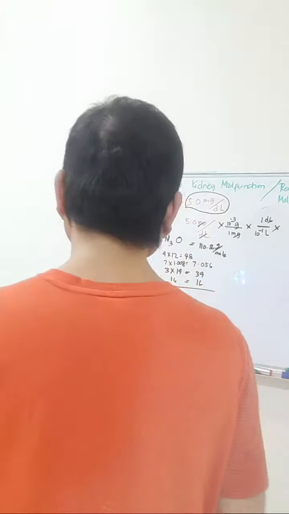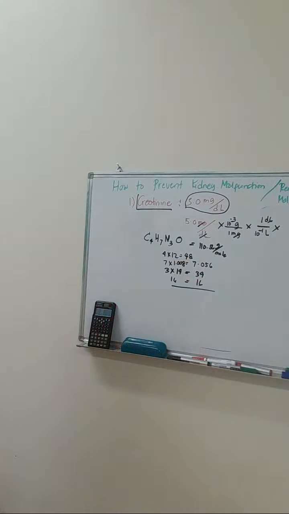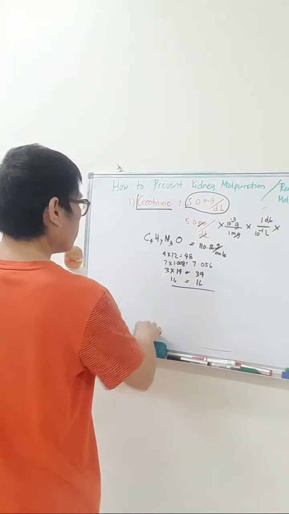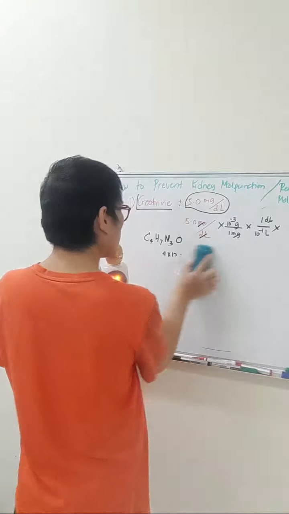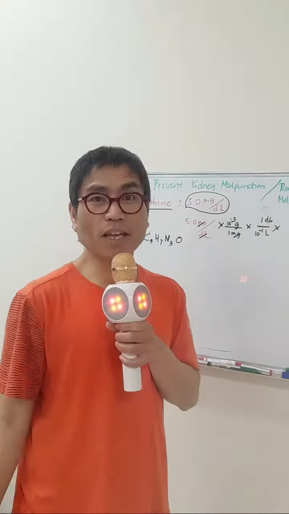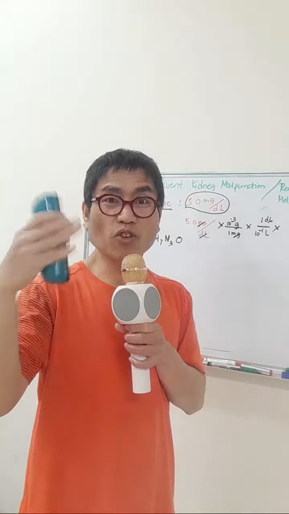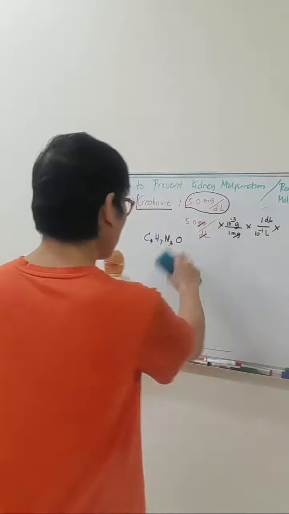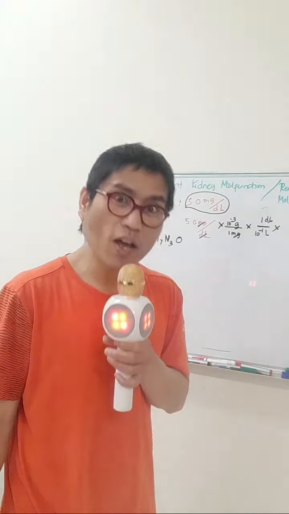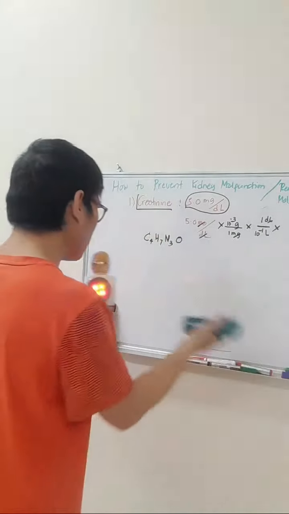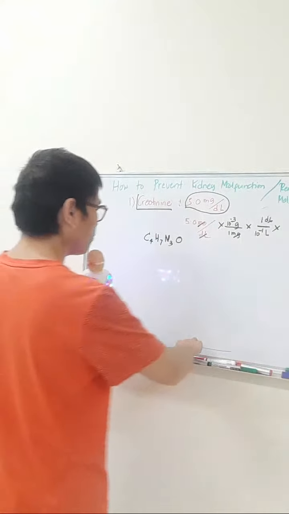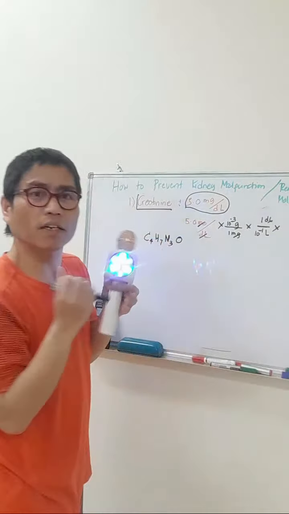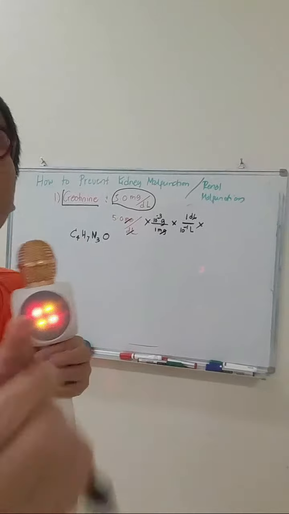Okay, sakto siya guys. It's either 113 or 110, but let's just use the 113. Actually, in the Google search it is 113, but I computed 110.056, rounded up to 111, so there's still a point something difference. At least malapit na siya. Okay, 113. Multiply this 113 to this value here.